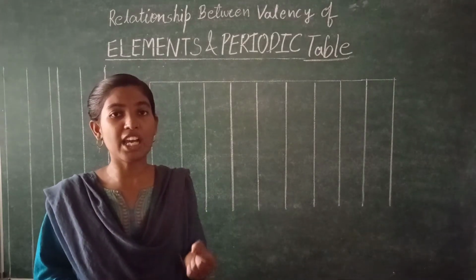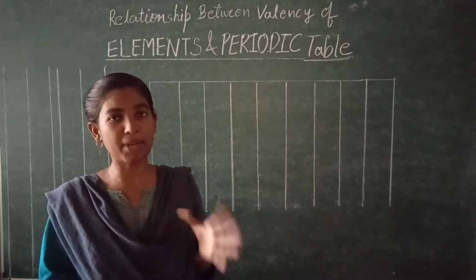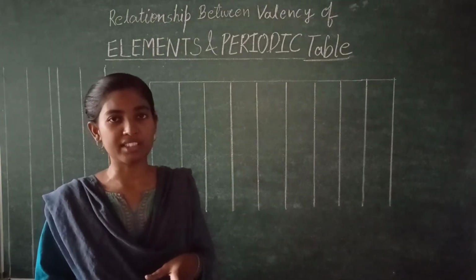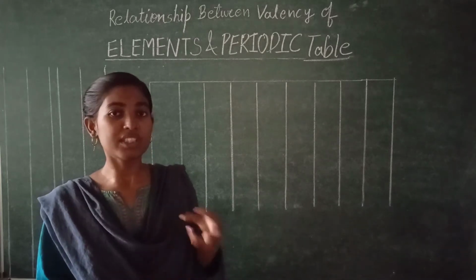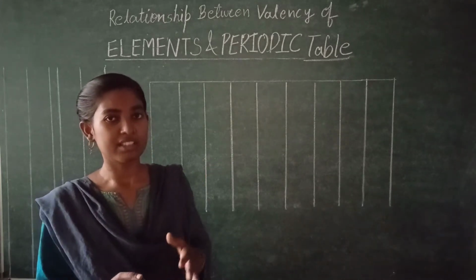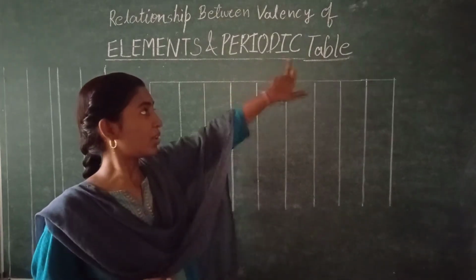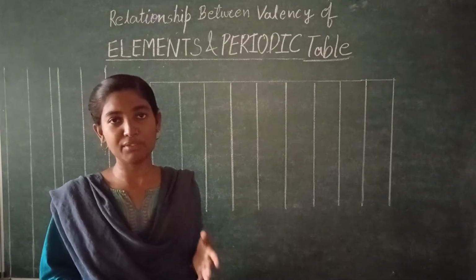कोई भी एलिमेंट की वैलेंसी वही होती है जो उसकी कंबाइनिंग कैपेसिटी, यानी वो अदर कितने एटम्स को अपने साथ कंबाइन कर सकता है. On this basis we will see how these elements and their valencies are related, and how they are interrelated with each other in the periodic table.